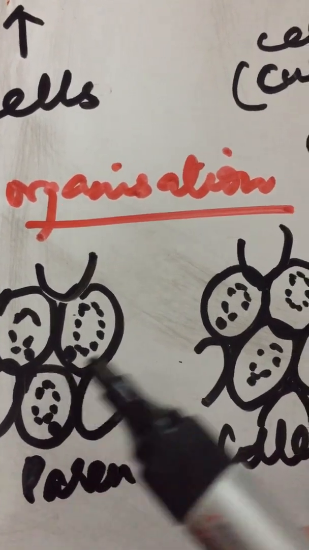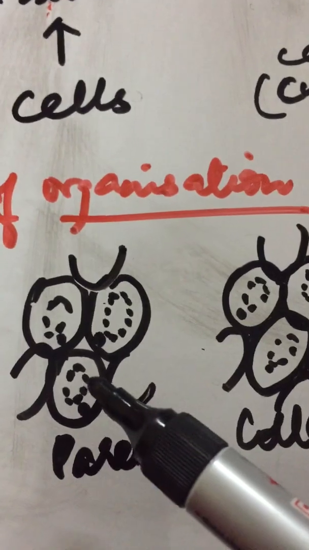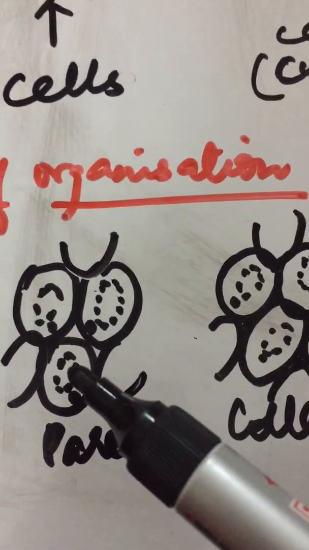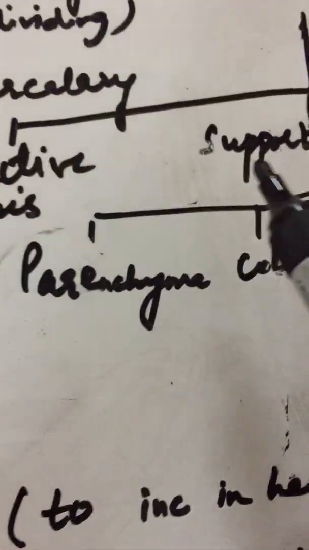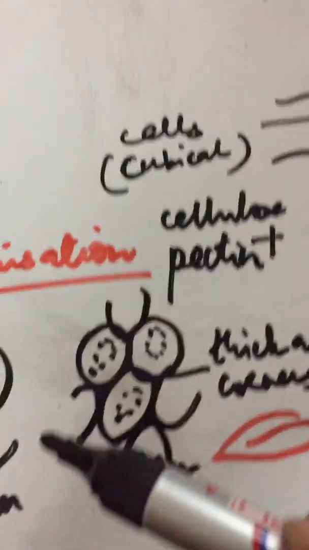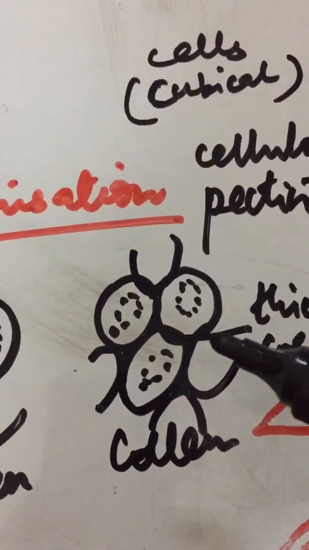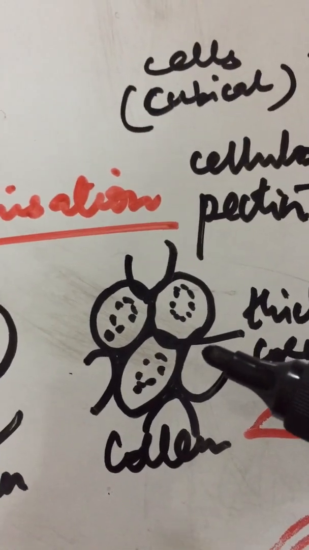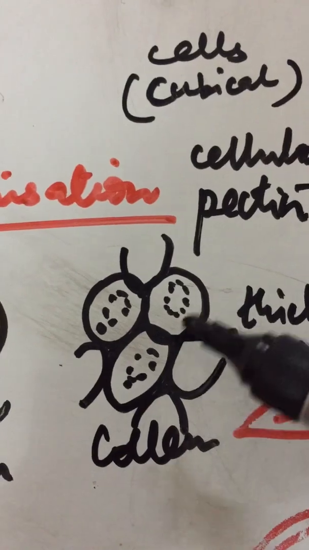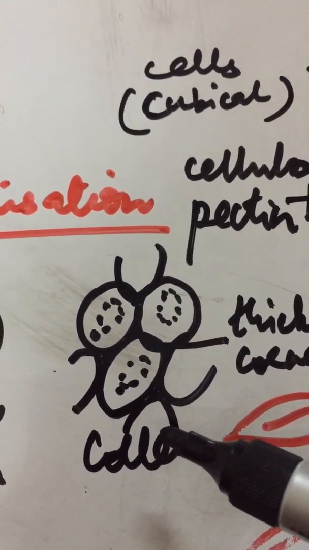These have thin cell walls. Here cell walls are thick at the corners. They are mainly performing the function of storage of food and provide temporary support. Remember, they come under supportive tissue, paren, collen and scleren, all three. So they provide temporary support. But this tissue provides mechanical strength and provides more rigid support. So this provides mechanical strength to the plant, and it is characterized by thickenings at the corners or edges.